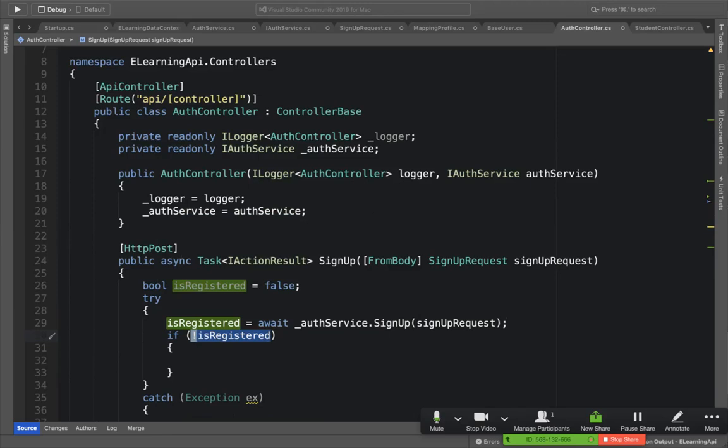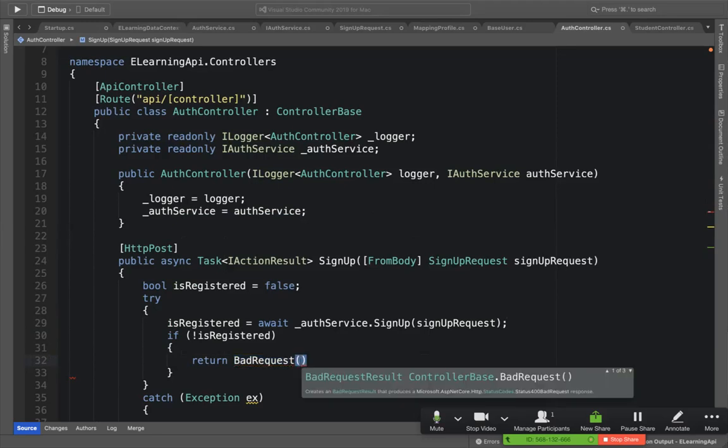If not is registered, you should return bad request. And within bad request we have